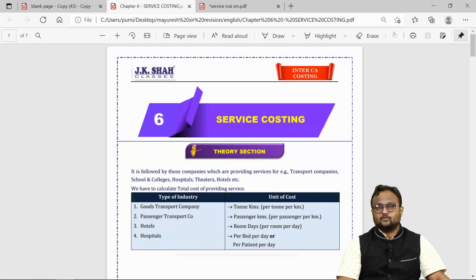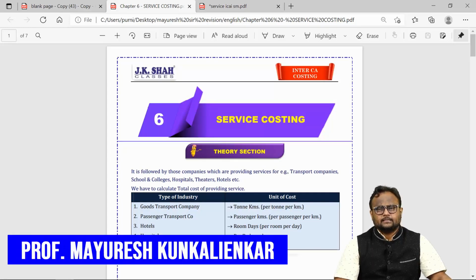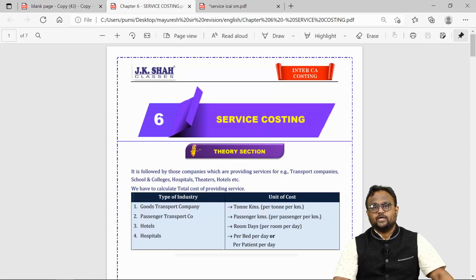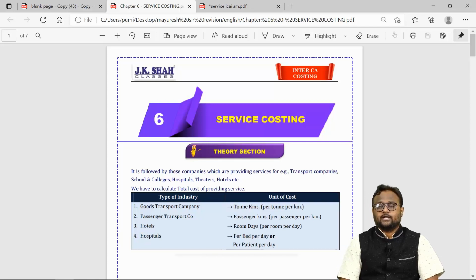We are starting with service sector costing today. The topic is a little different, but ultimately it is related to cost calculation only. Now, just like a product which is tangible, your services which are intangible also need some selling price to be decided. Of course, we don't call it selling price, we call it ticket charges, revenue, takings, fees, gross receipts, collection. But these are different names to be written for you and me. Ultimately, it is cost plus profit only, no? So for us, it is going to be a selling price only.